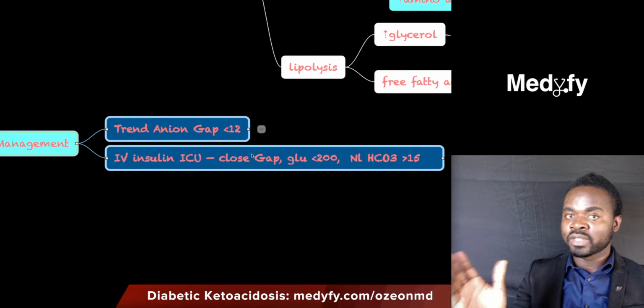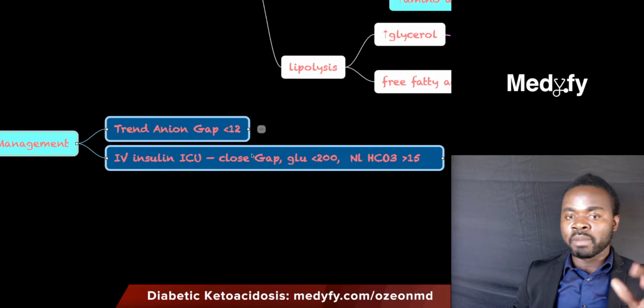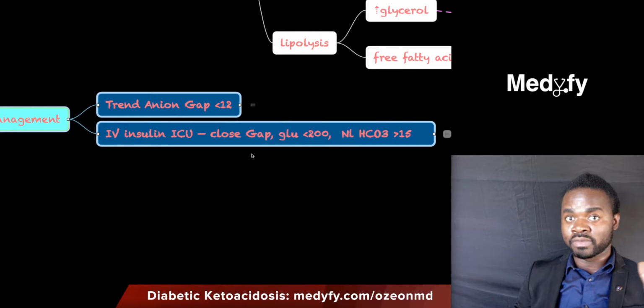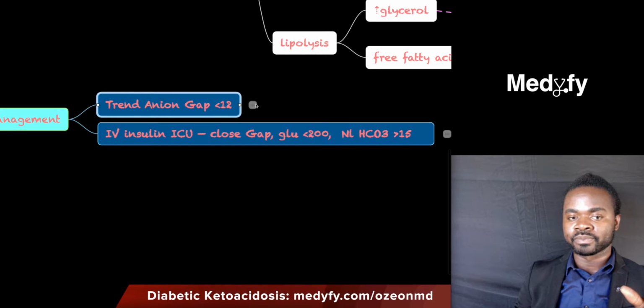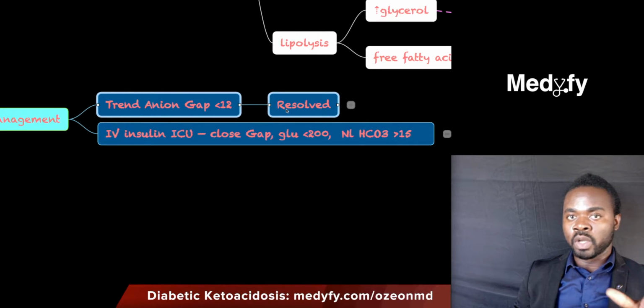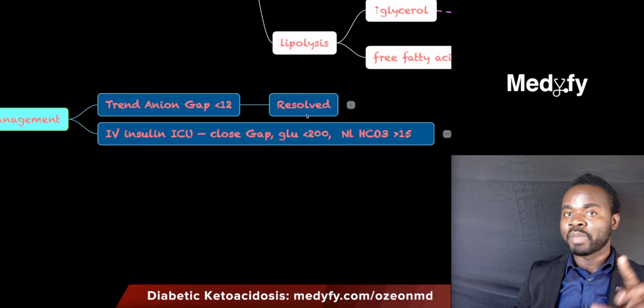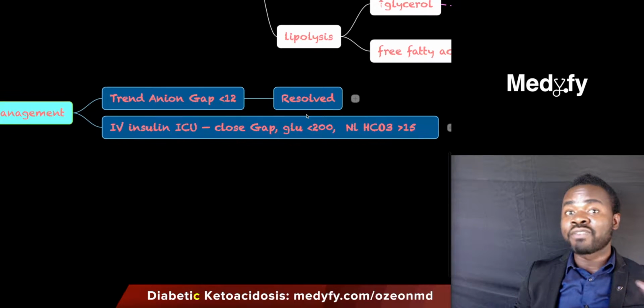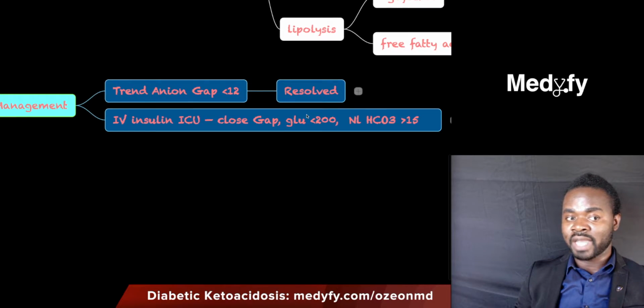Anything between 8 and 12, that's a normal anion gap. But in most people who come into the hospital with DKA, they tend to have high anion gap DKA. So the goal of treating DKA is to trend the anion gap to make sure that that is resolved. Once that is resolved, that gives you a benchmark as to how far the person is in terms of their DKA status. So the first thing, they come in, you give IV fluid, you give IV insulin,